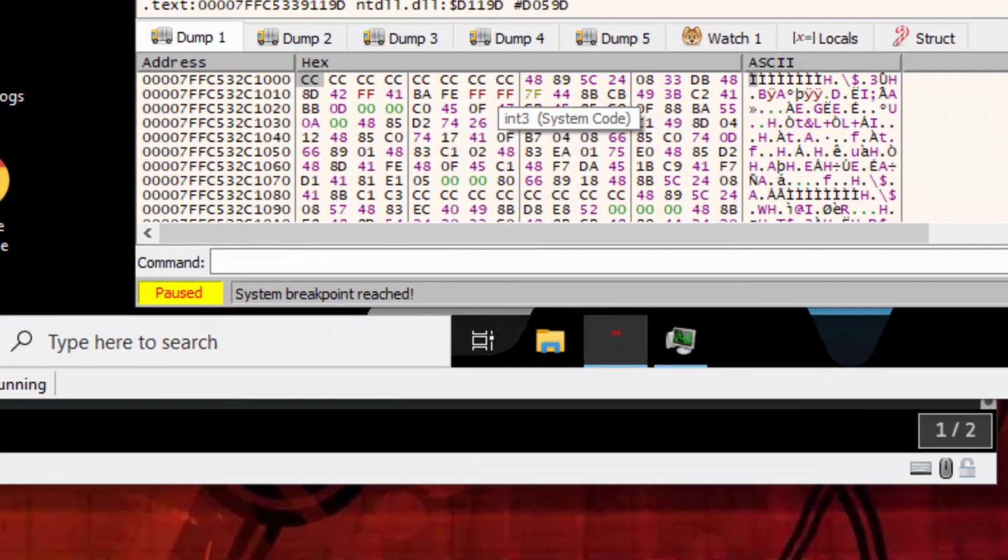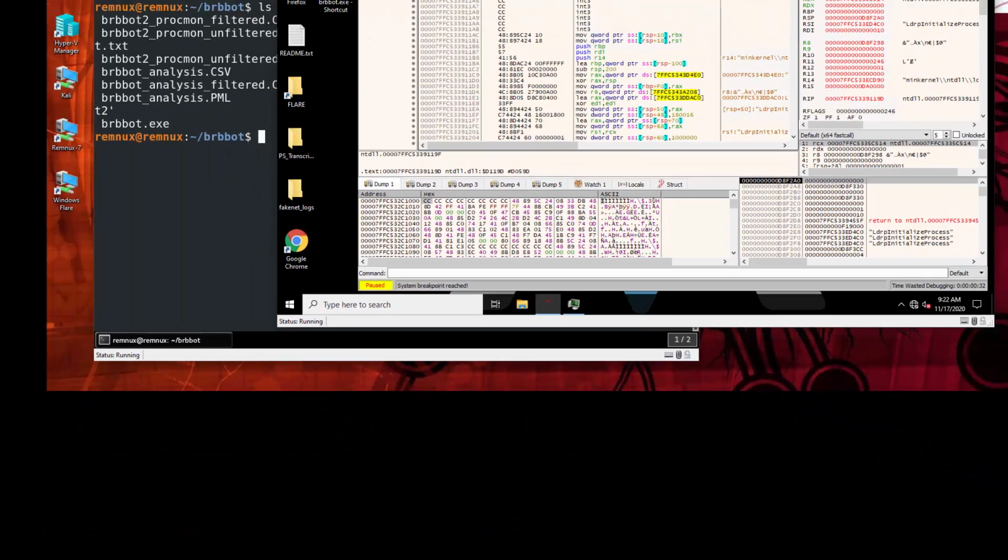On your side, when you're watching these presentations, you can hold the Control button on your keyboard and use the mouse wheel to zoom in. I can't make this any bigger, but right down here in the lower left corner of my x64dbg, it shows the status. It says system breakpoint has been reached and it's paused. And the reason is